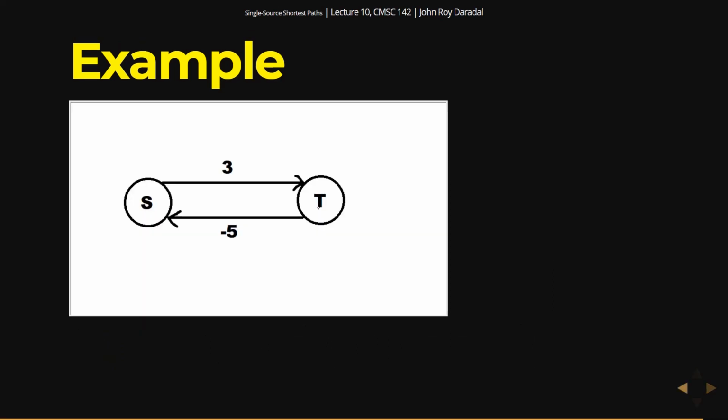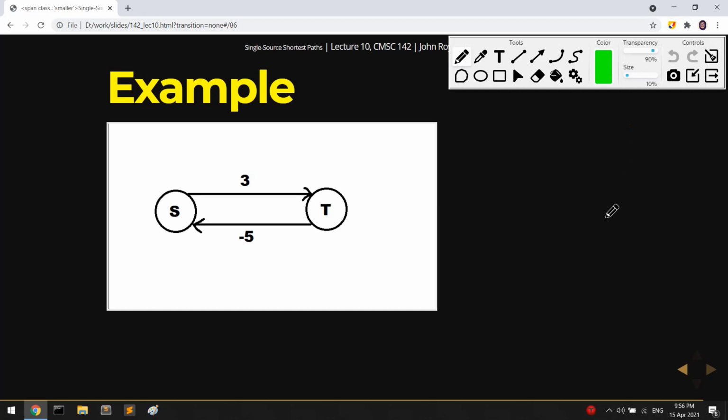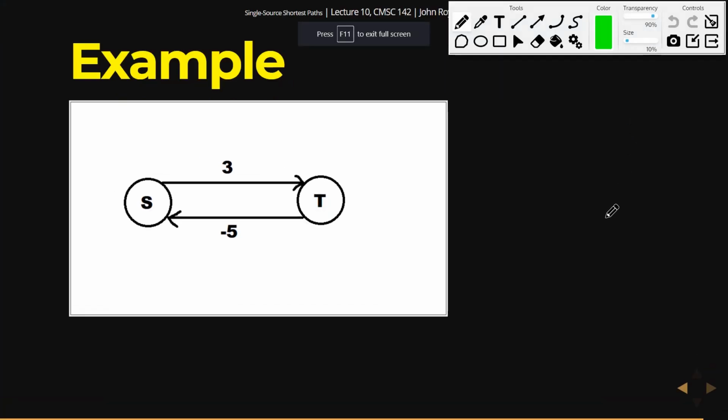Now, what if it was something like this, a negative cycle, right? So 3 and then minus 5. Let's try Bellman-Ford for this one. So there is an edge ST and then TS. Since there are only two vertices, we will only do this for one iteration, right? So this is 0, this is infinity. Can we relax ST? So 0 plus 3 and infinity. So yes, T will become